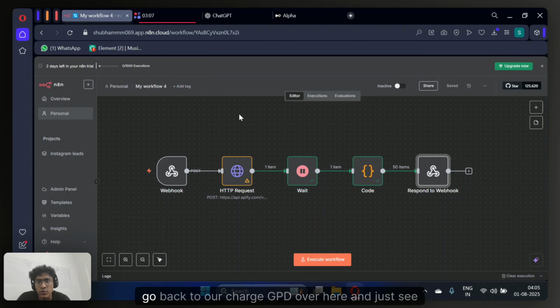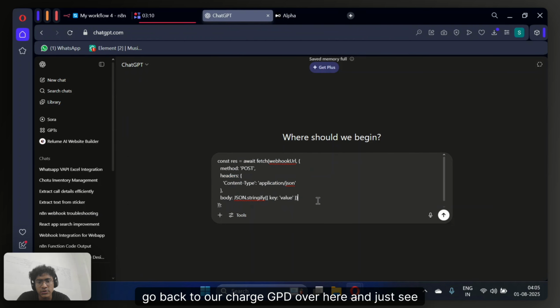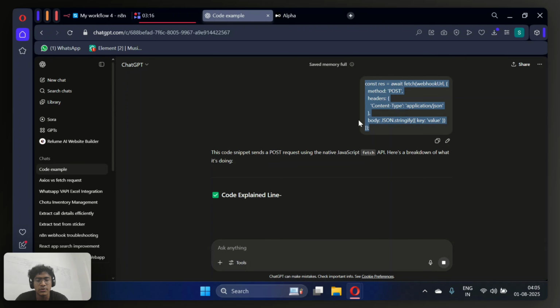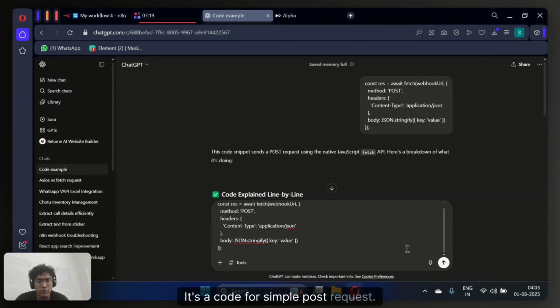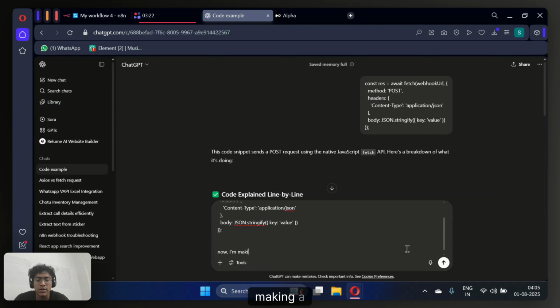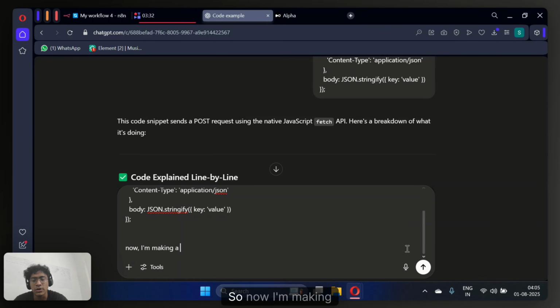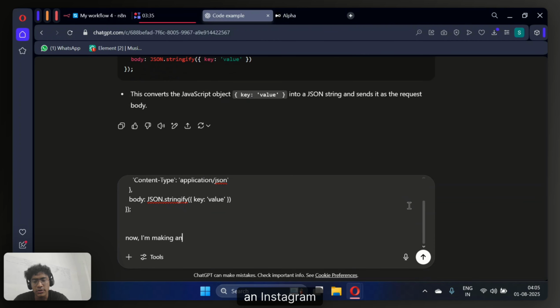So now let's go back to ChatGPT over here. I've already given it some code before, a simple POST request. Hold on a second. It's code for simple POST requests, right? Now I'm going to make ChatGPT generate my prompt for Alpha, so that it generates the website through which I want to communicate with n8n. So now I'm making an Instagram competitor finder that basically, when I put in the variables